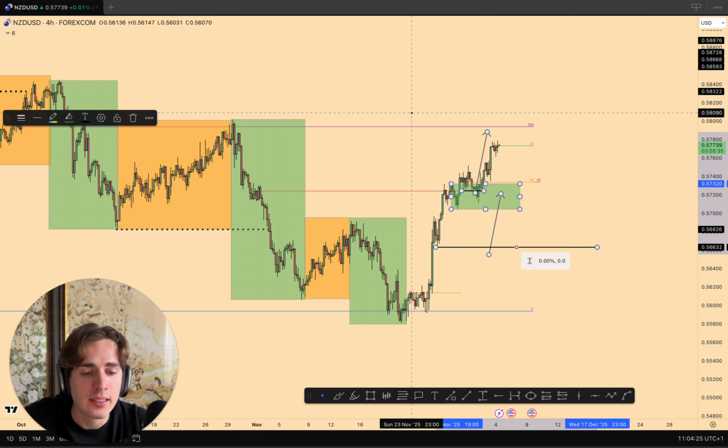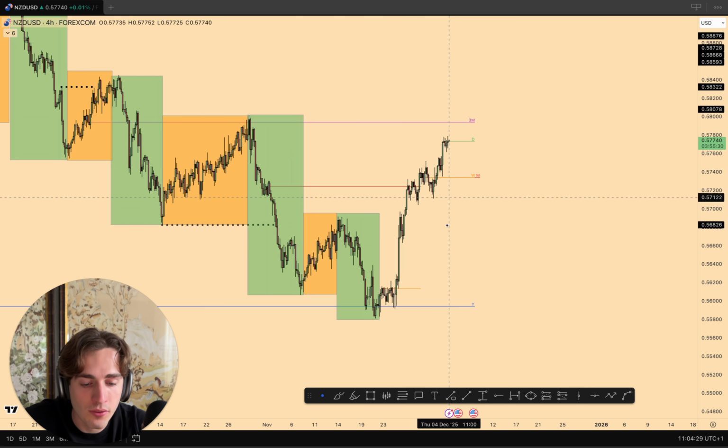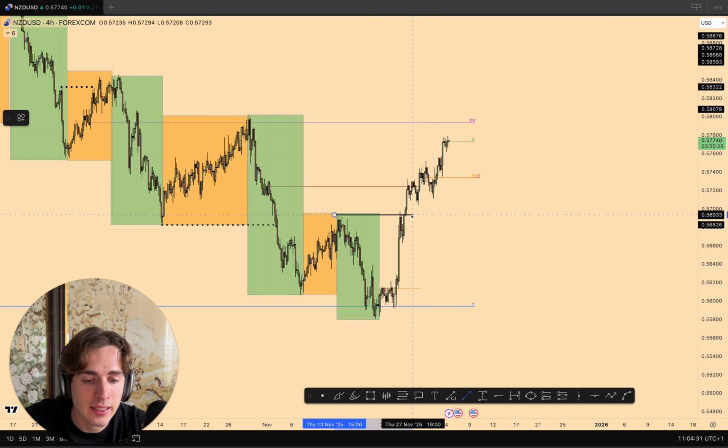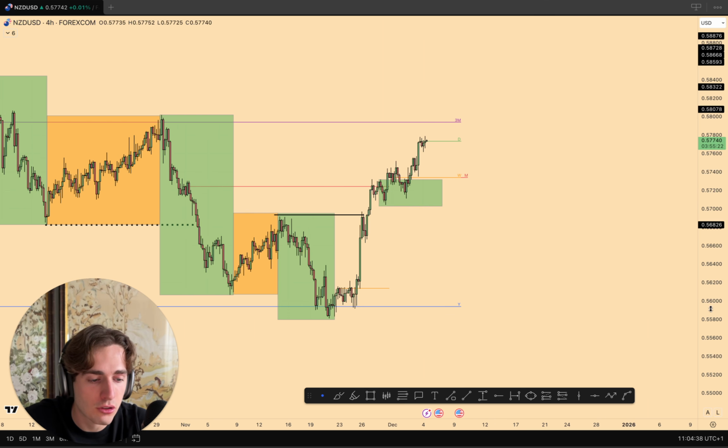NZDUSD for you there. Now, very often after a long period of markets trending downwards, the first break of structure towards the upside often goes paired with a very small retracement, hence why I was happy to take this a little bit more aggressively. But furthermore, this was also just a very nice setup because